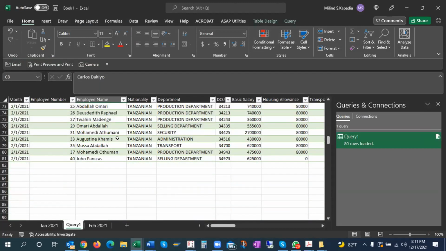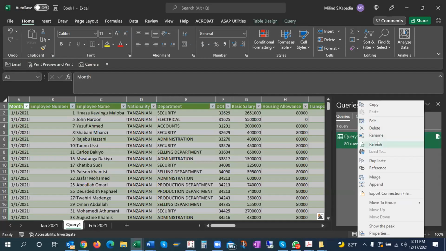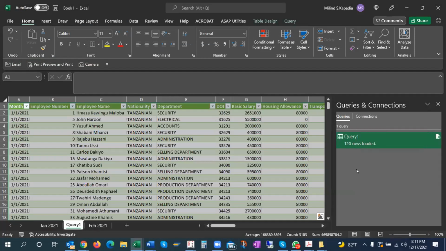So Power Query considers this also in the editor. So when I right click here and say refresh, can I say that if we take this query one in a different workbook, then whenever we are refreshing, it is taking all the sheets, and amongst all the sheets is the resultant sheet of query one? So along with January and February, query one data is also repeated, in that sheet itself.